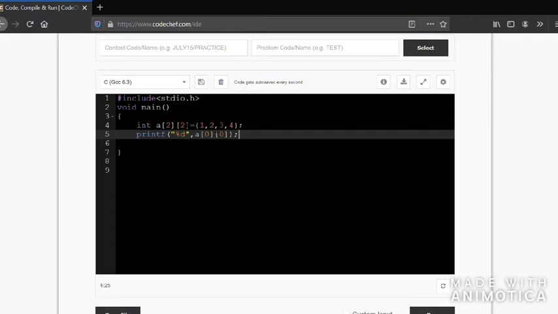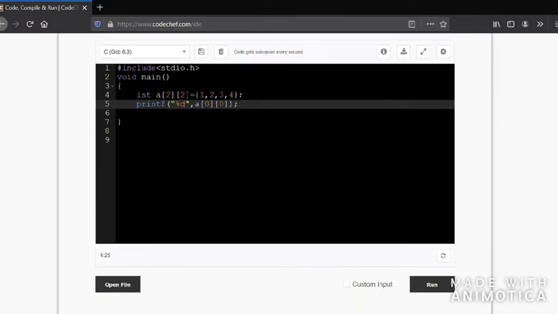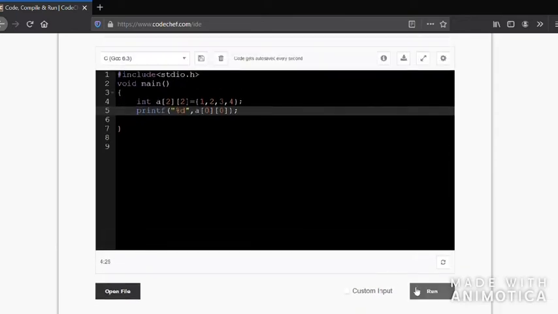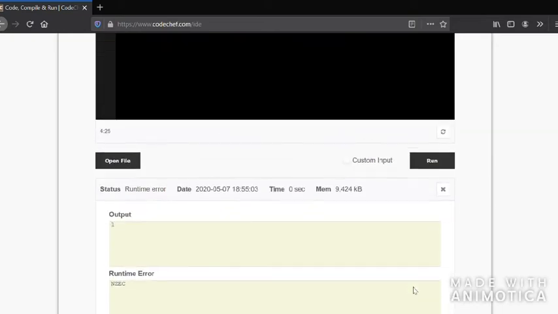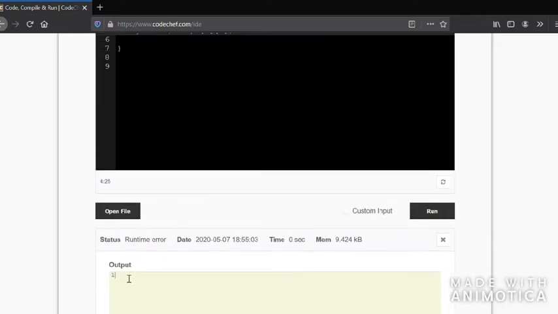In the first box you will have 1, in the next one 2, here you'll have 3, here you'll have 4. So 0, 0 means 0th row 0th column, so you get the first value. So 1 should be printed. Let's see the output. See, you're getting 1 as the output.